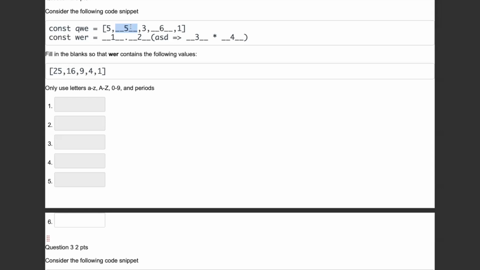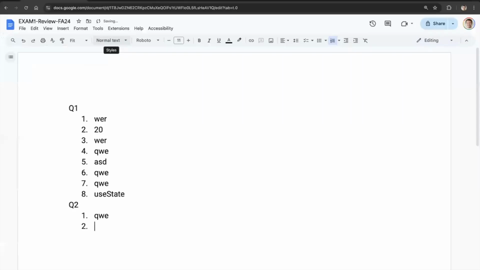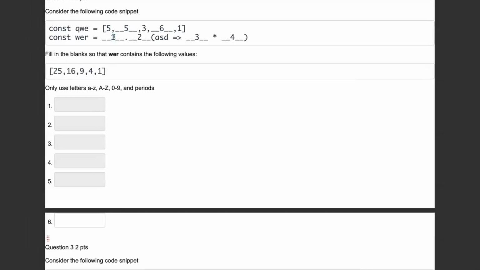I don't know yet, right? But it cannot be a variable because there are no other variables declared prior to it. Correct, right? So this can only be QWE. And then on that array, we are applying some function on that array, of which we